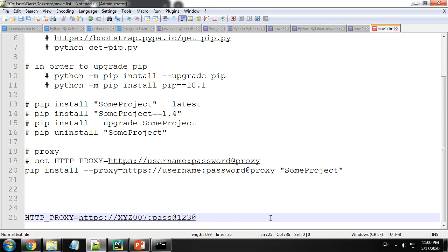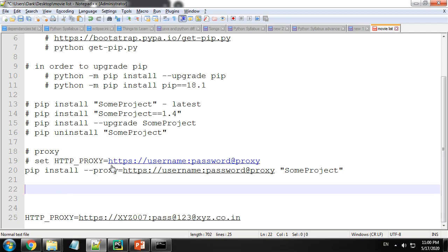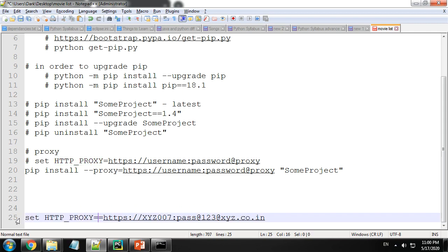And your proxy is going to be basically the proxy setting which is given to you by your IT team, which is going to be, in my case, let's say xyz.co.in. So this is a proxy which my organization uses. You can copy paste this along with the command set http proxy, and this is going to set the proxy for you.